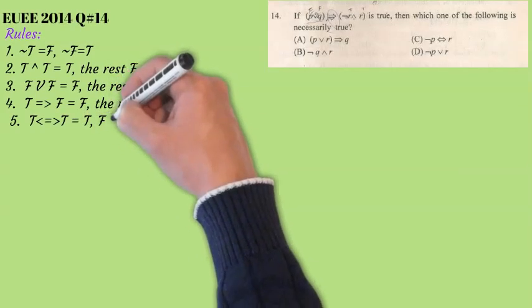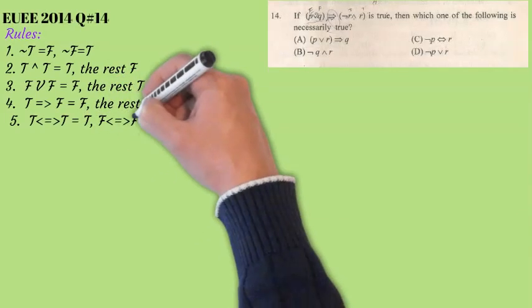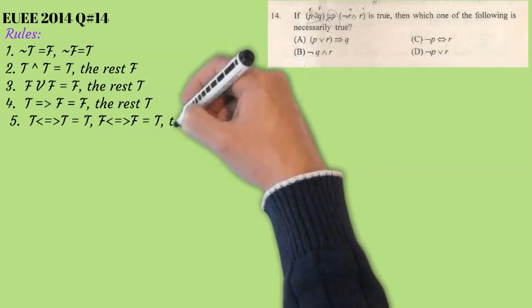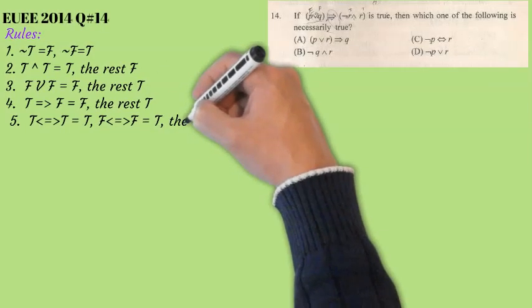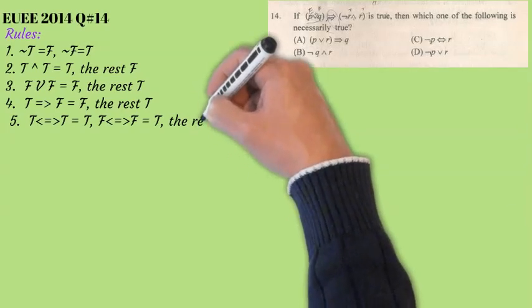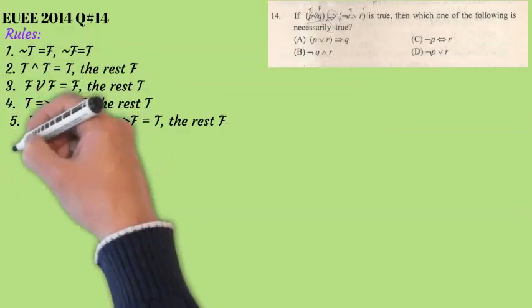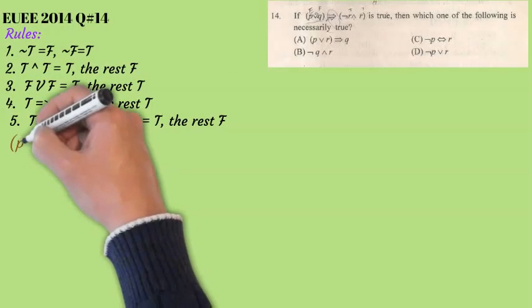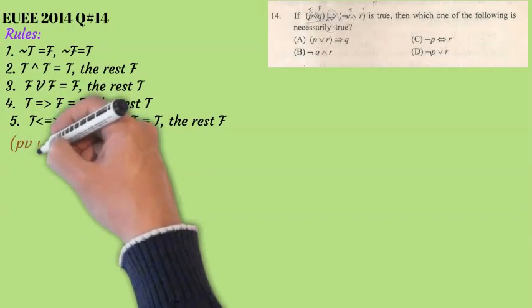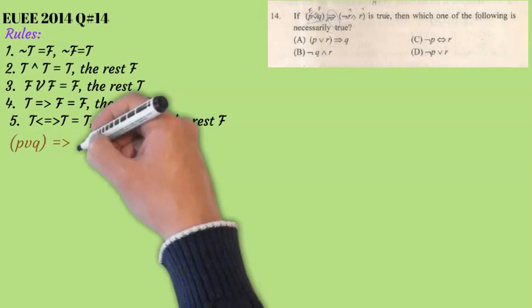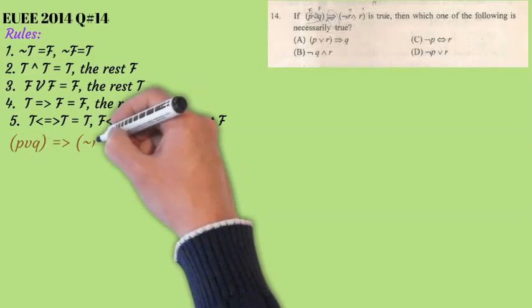The rest is true. በባይ ኢምፕሊኬሽን ጊዜ ደግሞ true by implies true ወይም false by implies false እነዚህ ሁለቱ እውነት ናቸው። The rest is false. እነዚህን ኤክሰፕሽን አምስት ኤክሰፕሽኖች በማስታወስ any logic question መመለስ ይችላላችሁ።